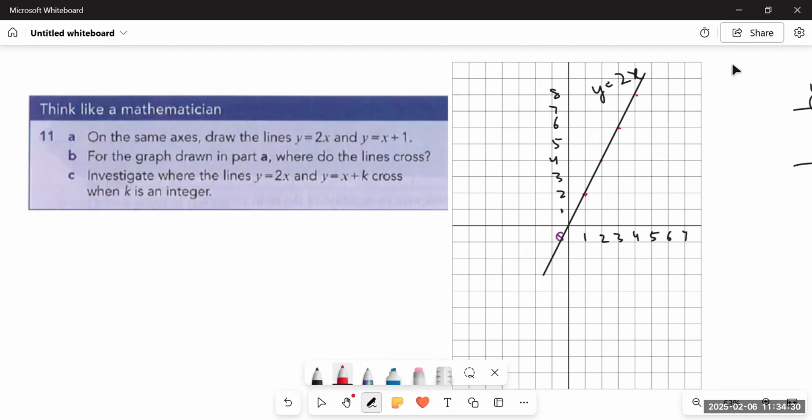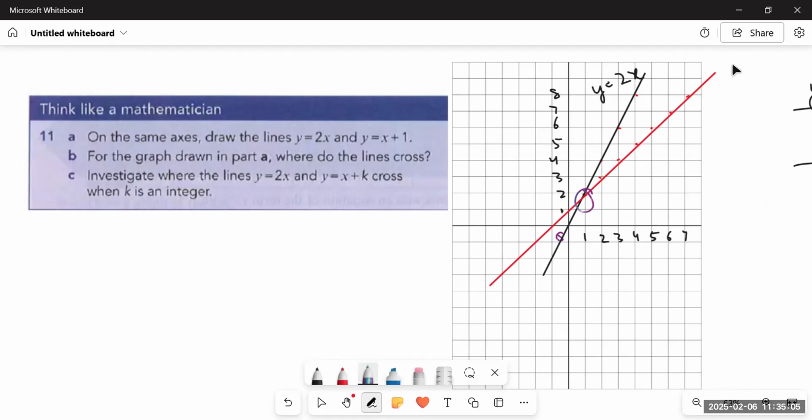It means they will coincide on the first point that we marked for the line y is equal to 2x. But for the value of x equal to 2, y is equal to 3. 2 plus 1, 3. 3 plus 1, 4. 4 plus 1, 5. 5 plus 1, 6. So you see this graph is different from the previous one, but both of the lines will meet at the point where y is equal to 2. Do you understand, students? This is how we have to draw this particular graph. And both of these lines will meet at this point.